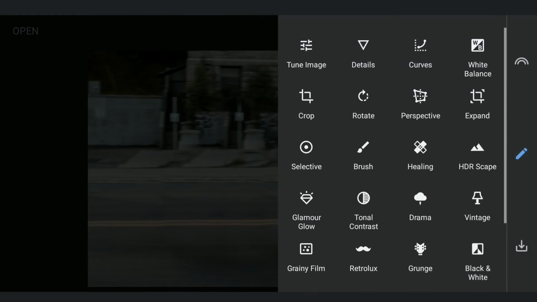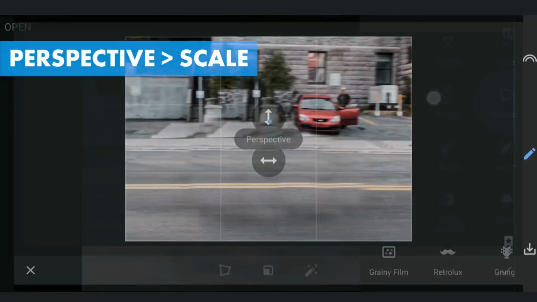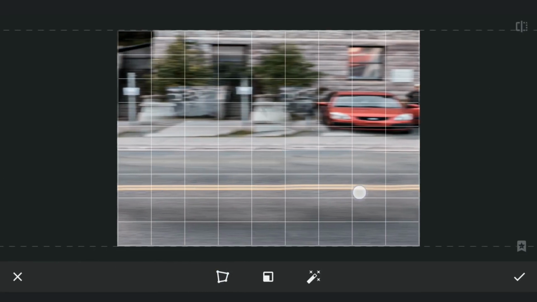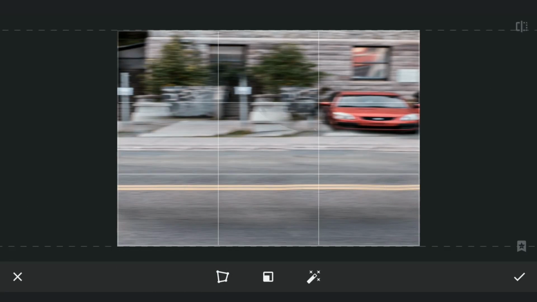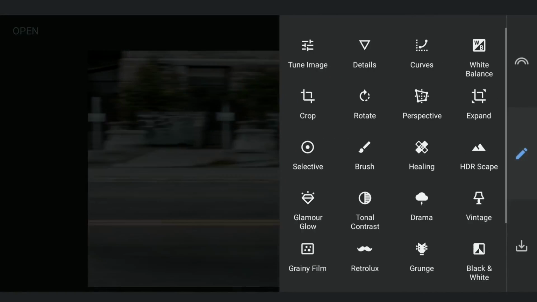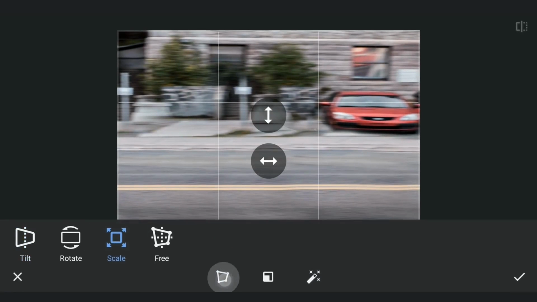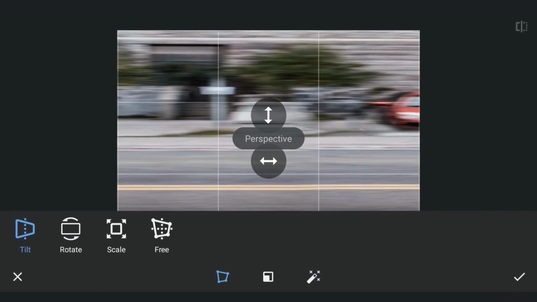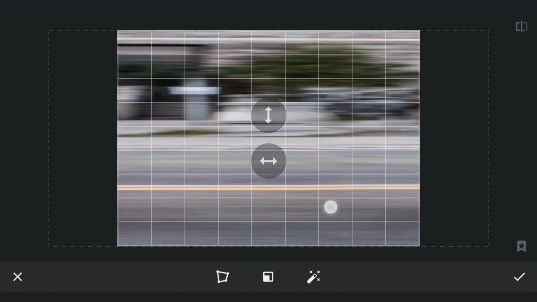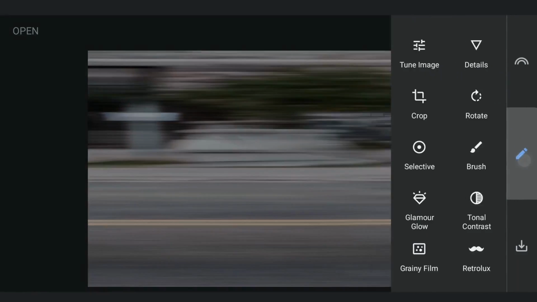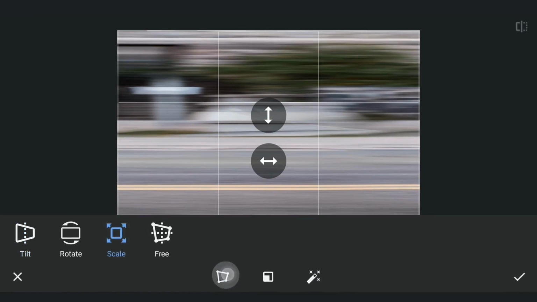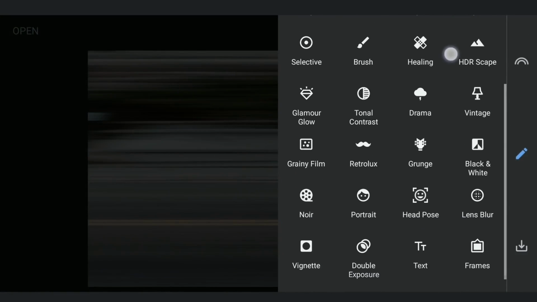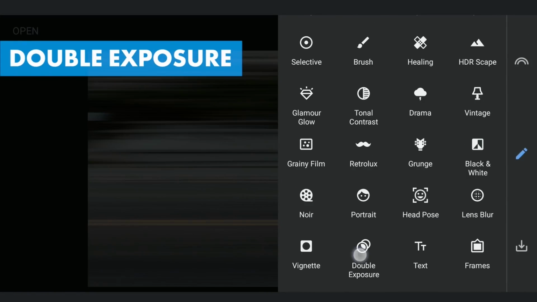To replicate the motion blur effect, I'm going to use the perspective tool and select the scale option and drag the image horizontally, which basically stretches the image from the center. Repeating the same till I get the desired motion blur effect. After repeating the perspective tool 4 times, adding the earlier saved image with the double exposure tool,